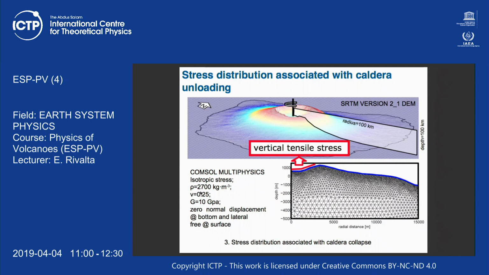However, it's kind of a competition because on the other hand, you will erupt material and you will load the island again, and then you will have new dikes, and then you will load the island again. So it's actually not as straightforward to know what is the state of stress of a volcano. It is a complicated thing. And there are not many studies, so it's hard to say. But I think it is something in between. But he did the two end members: one completely homogeneous state of stress, one gravitationally loaded state of stress. And now I'll show you the result